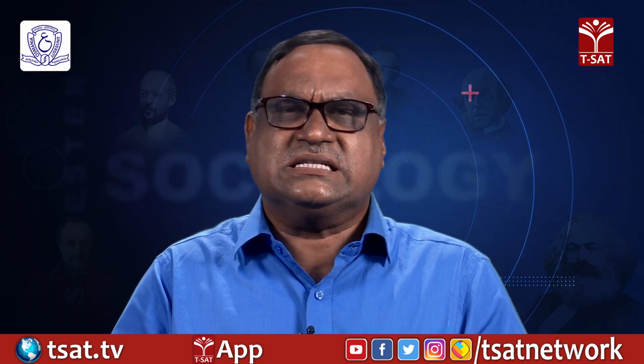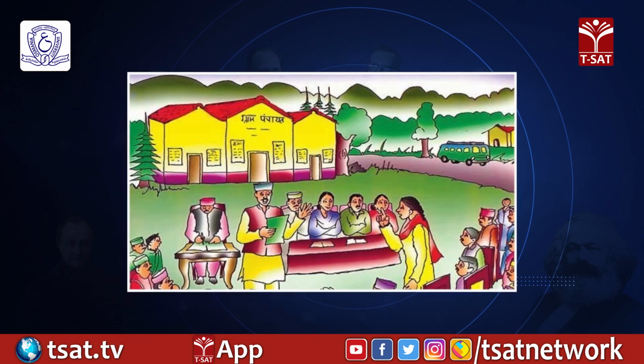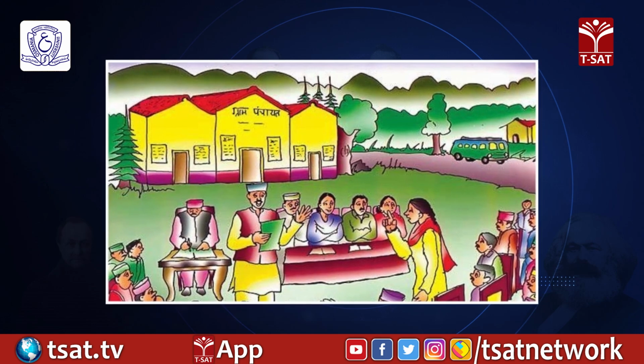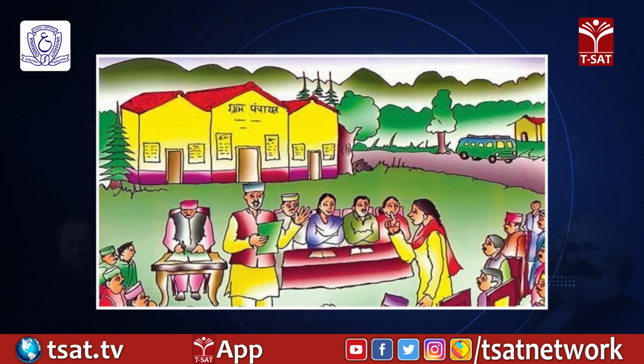Now let us discuss the functions of Panchayat Samiti or Mandal Parishad. There is no uniformity among the states as regards the functions of the Panchayat Samitis. In addition to those which are specifically given to them, it is provided that the state governments or Jilla or district parishads can assign additional functions to them which they are bound to perform.